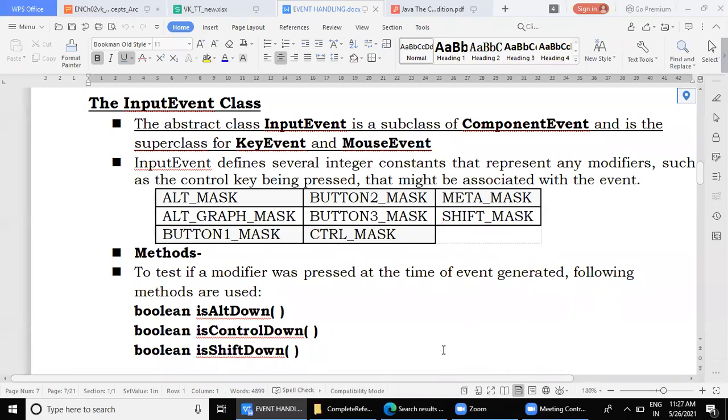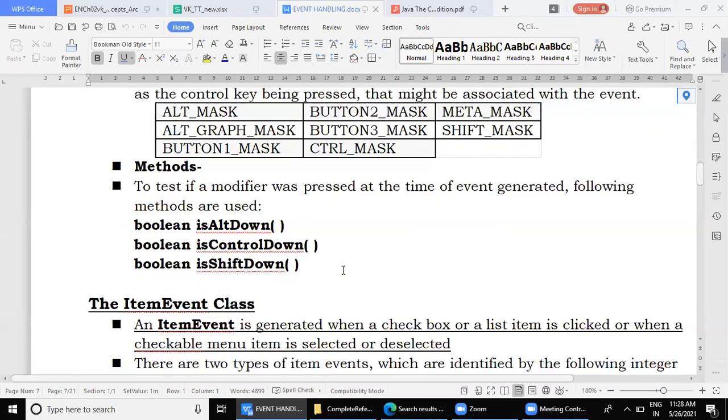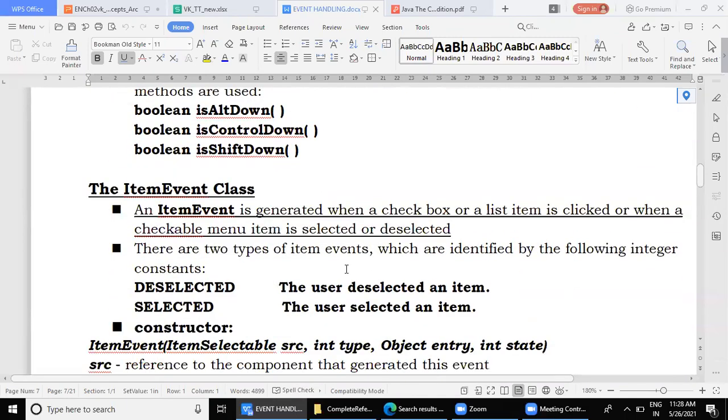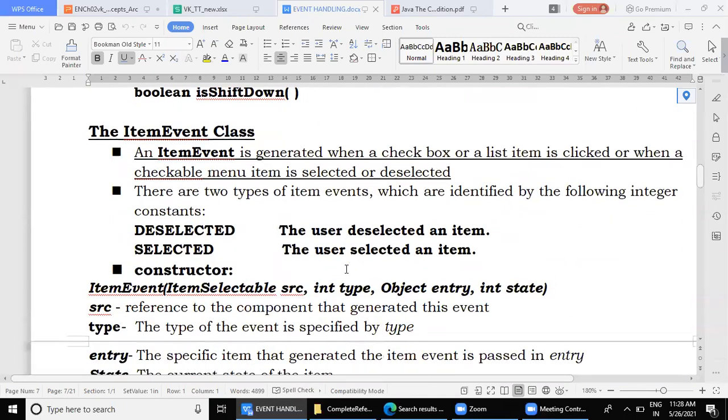And in parallel, I explained the delegation event model in practical terms: how the registration takes place and how you respond to events. Now let us go ahead with the next class.